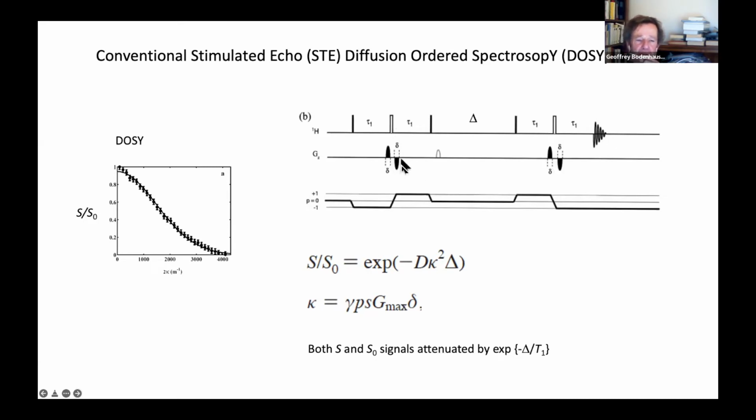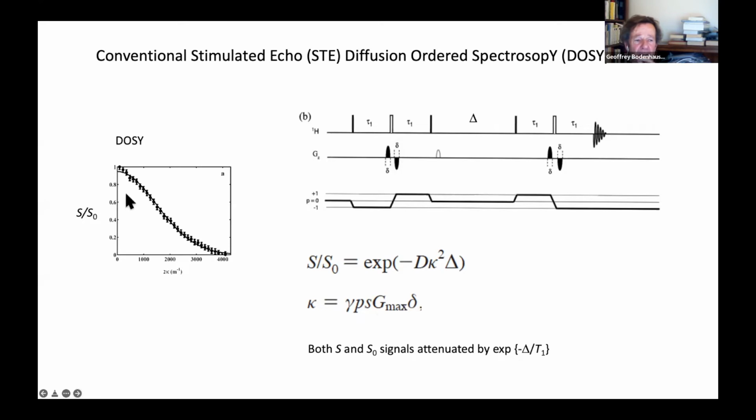And that allows it to measure the diffusion. Now, the signal that you see here, S, can be compared with S0, which is the signal that you have if there are no gradients applied. And that follows an exponential law, where kappa here is the product of gamma, that's usually the proton, because that's the best one, the coherence order, the shape of the gradient, and the maximum intensity of these black gradients here, times the duration